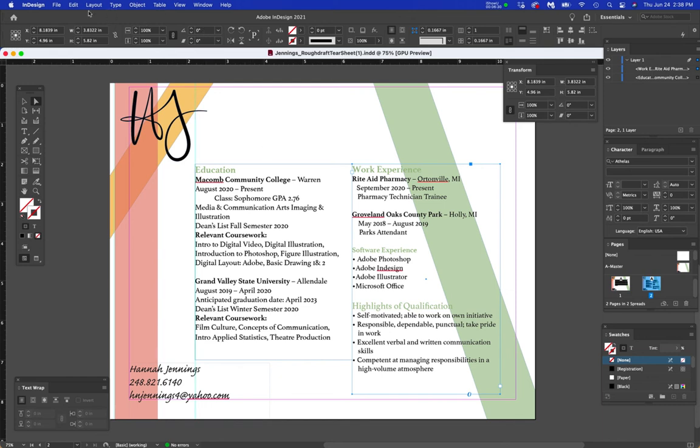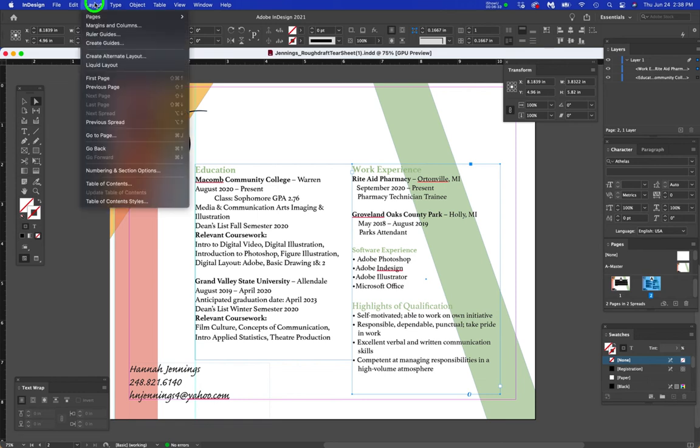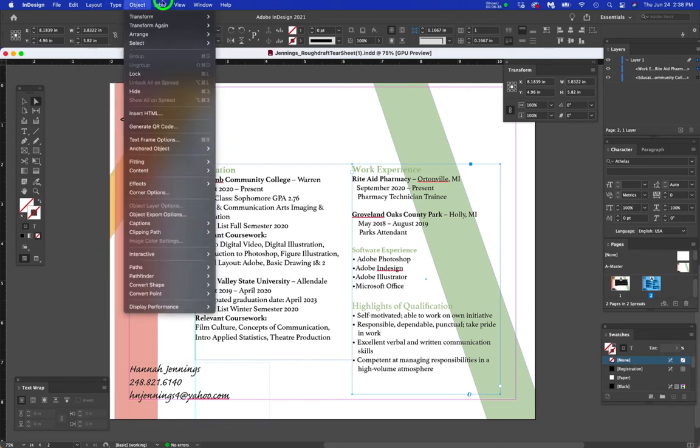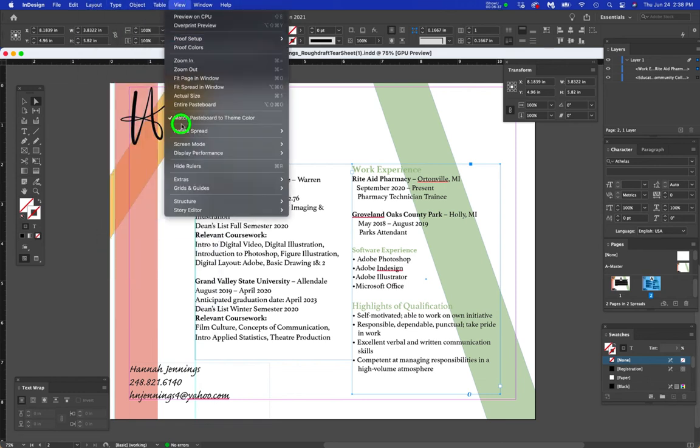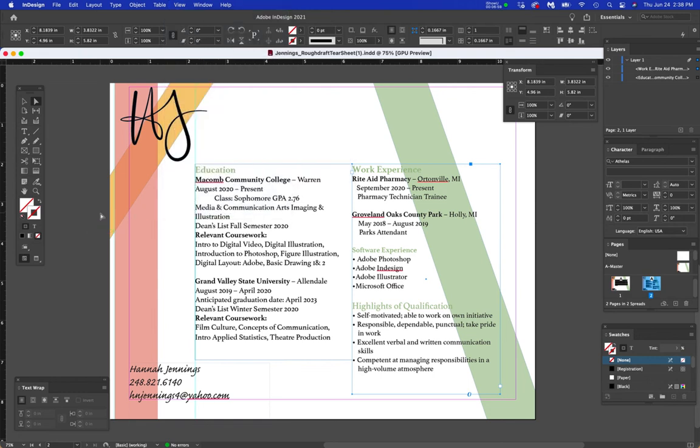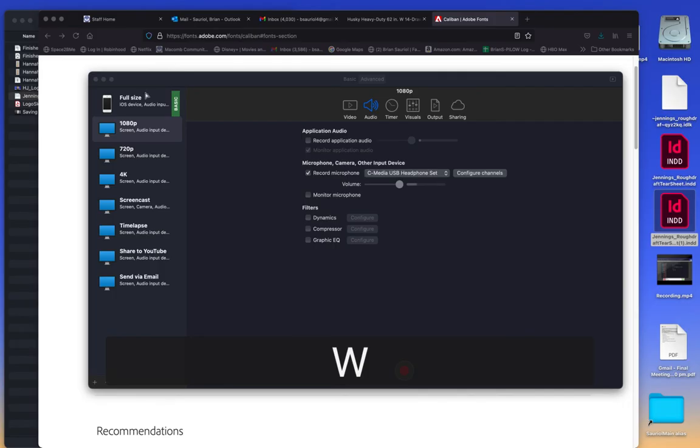But there is a presentation mode as soon as I can find it. It is in view, and I have to remember where it is. It's Shift Command E, I believe, but don't take my word on that. Let me find screen mode, presentation. There it is. So screen mode, it's Shift W. I'm sorry. So I'm going to go, see it right there? Shift W. And it's a cool thing to learn in InDesign, because you can see here,